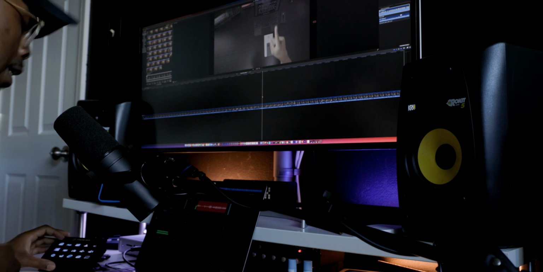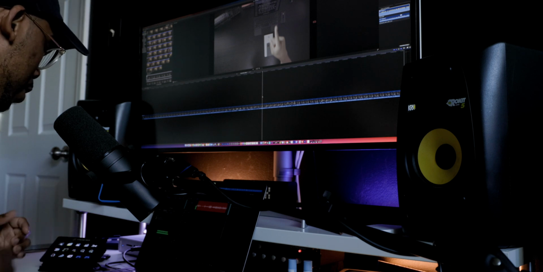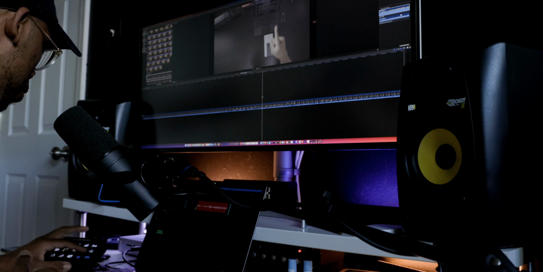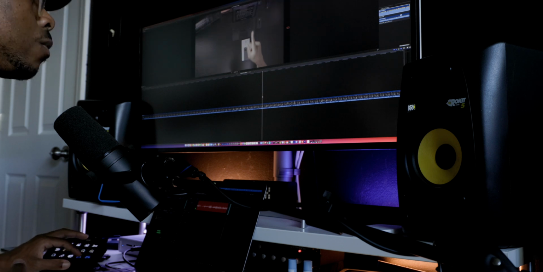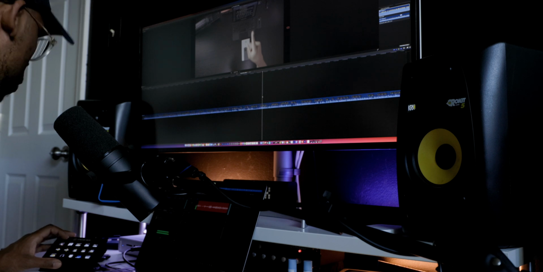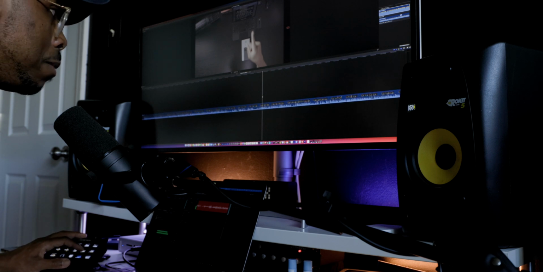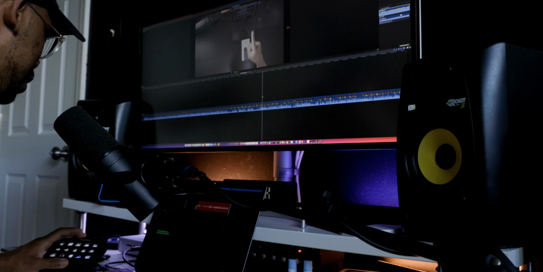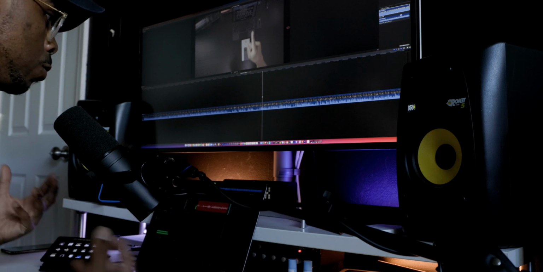Another quick pro tip, I'm using the Elgato Stream Deck for a lot of my shortcuts. So like right now, hold on, let me pull this up. I'm gonna be able to increase my waveforms as well as increase my clip height by clicking this, because it just has all of the shortcuts programmed into it. I highly recommend you learn shortcuts. If you're using any type of editing software, learn the shortcuts, because that's gonna save you in the long run,